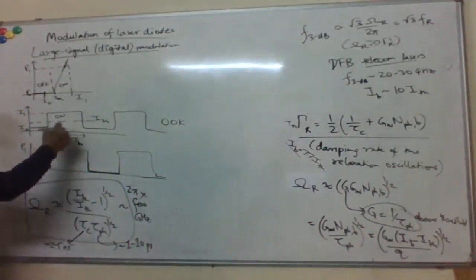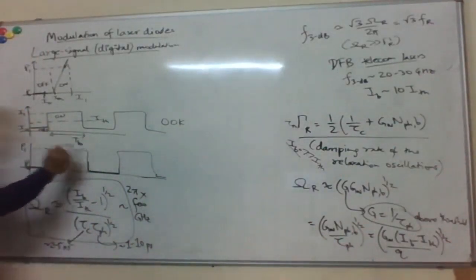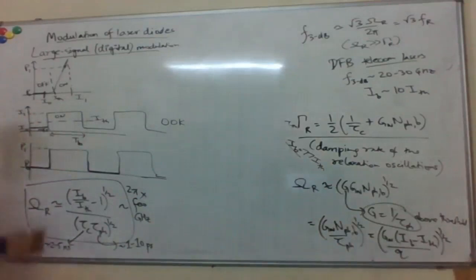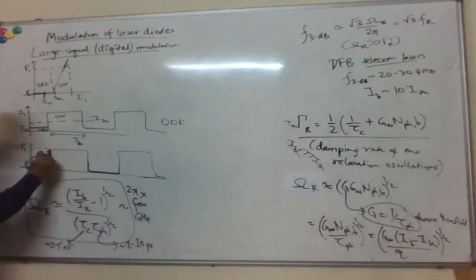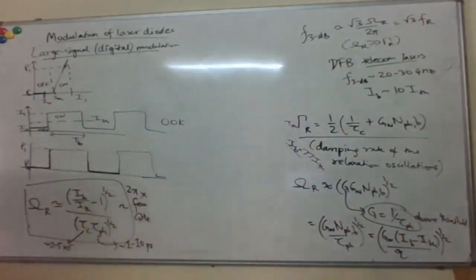For very low data rates, you can have this kind of response. But as you decrease this bit period and go to higher data rates, then this response time, the rise time of this laser cavity, or basically the rate at which the photons and carriers are building up,